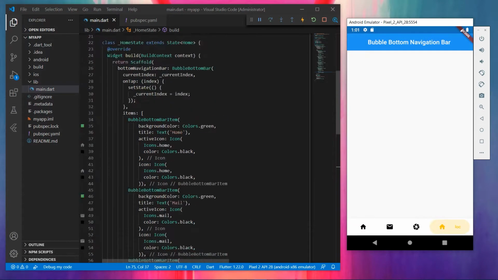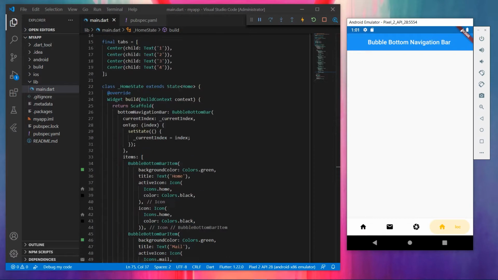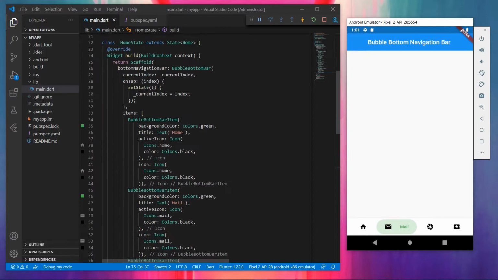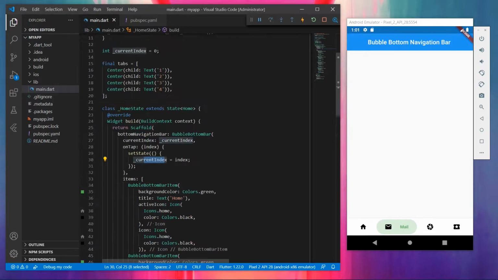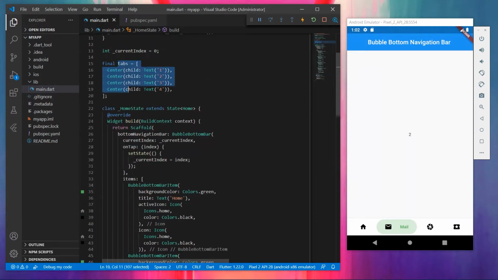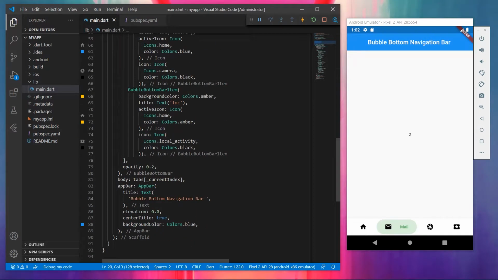we have implemented. Now coming to the body part, so there are 4 buttons down here, so I mean 4 icons down here. So when we tap on them, the current index is the changing thing. So in the body section, we go to the body, and we select the current index one. Here you could see tabs that were created here has 4 widgets as per these 4 buttons, and when the current index is changed, we point to the tab of current index.